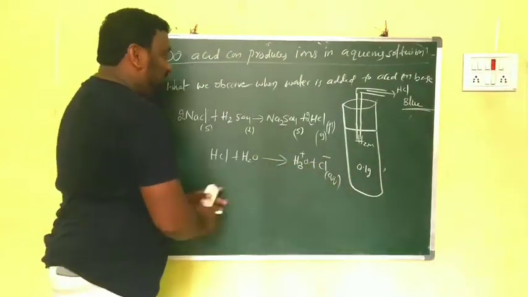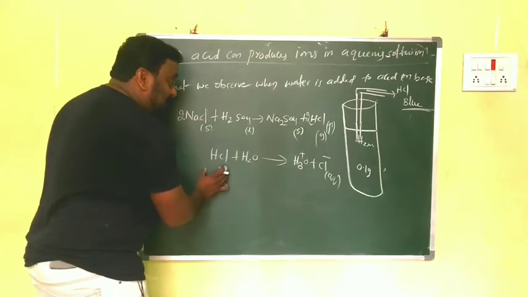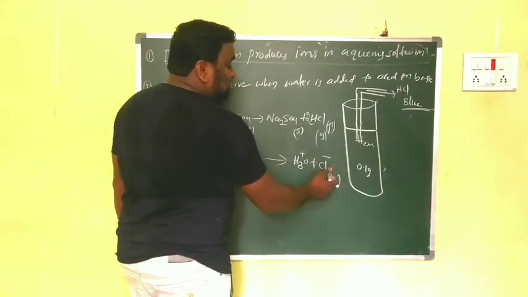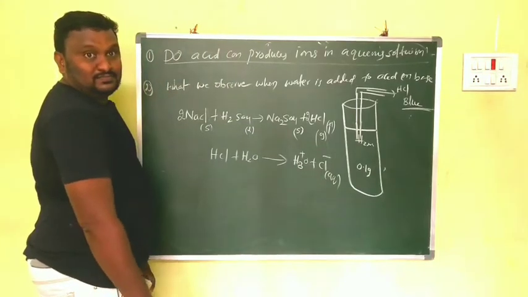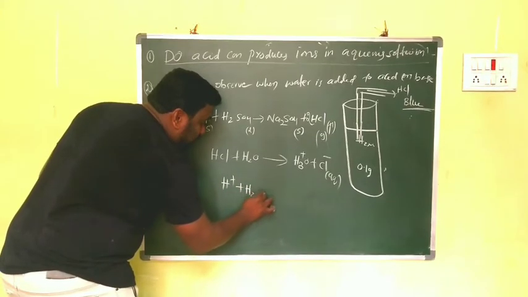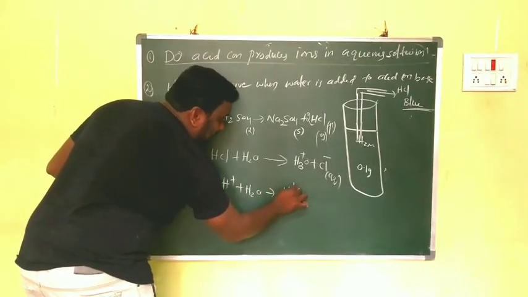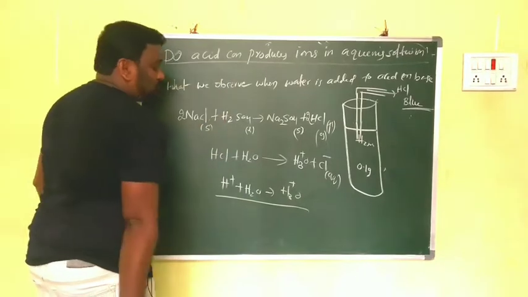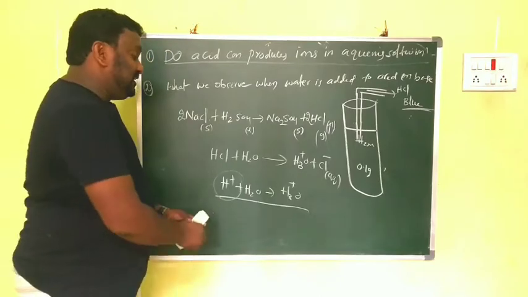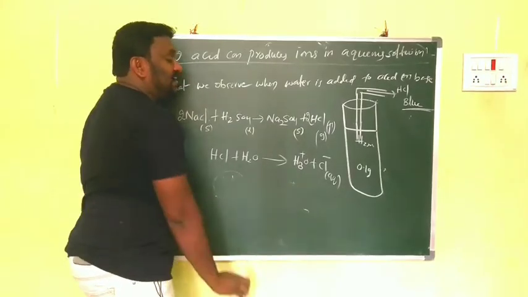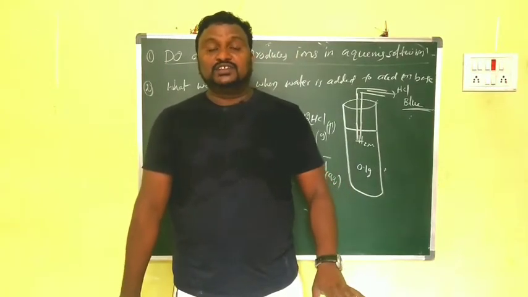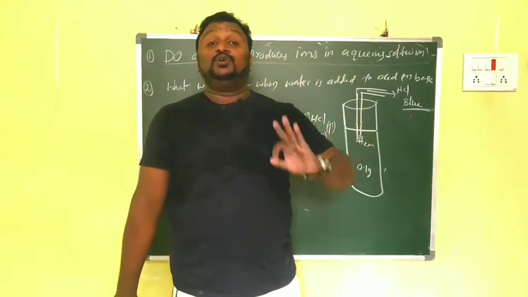So while we are adding dry HCl, if we add some water, it dissociates into H3O+ plus Cl-. So here generally what do we write? H+ plus H2O gives rise to H3O+. Here there are no bare H+ ions. It should be in terms of H3O+ ions. H3O+ ions. Got my point, children? So in this way we go for that.